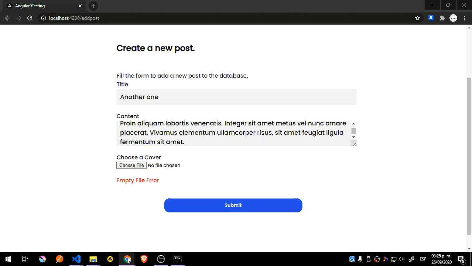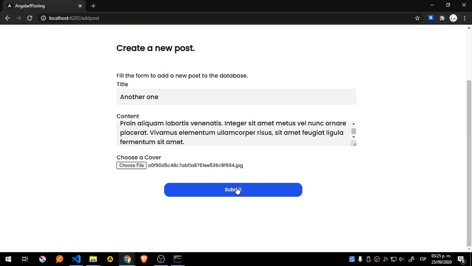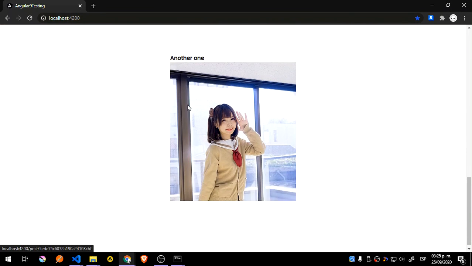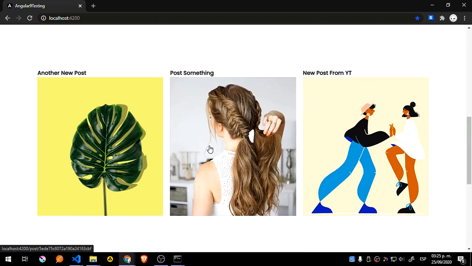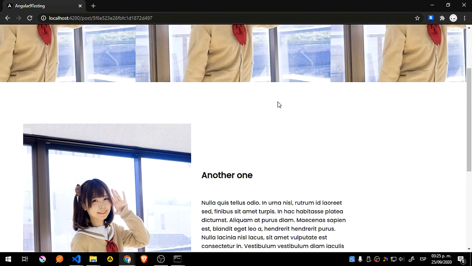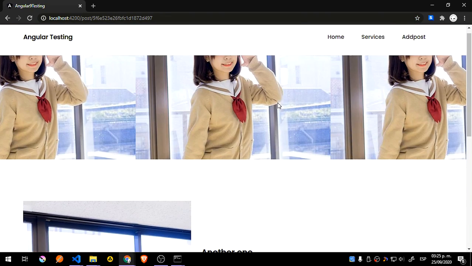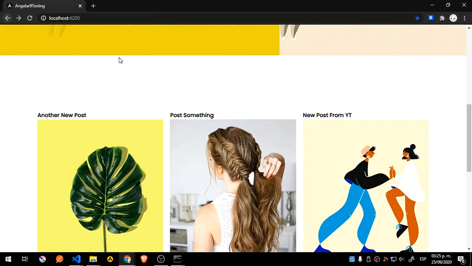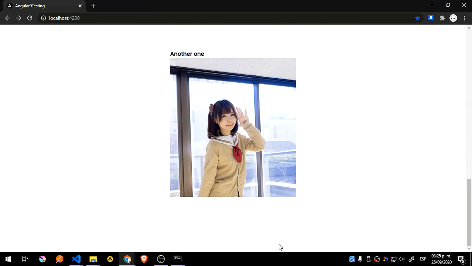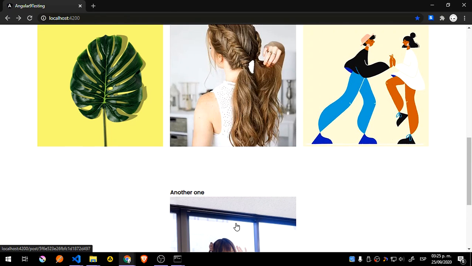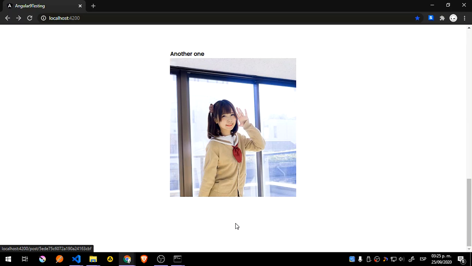Let's add this girl. Open, submit, and we have this girl from Pinterest. Okay, so we can check this and everything is working fine. Of course we don't have pagination because that should add a ton of complexity to the testing. So maybe in the future we will do it, and I think Akita has